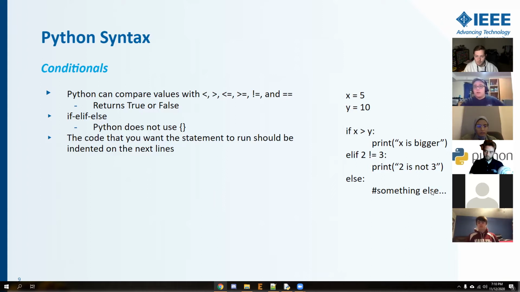If you look on the right here, you can say if x equals y, x is greater than y, excuse me. It's pretty plain how Python does this. You say if, some conditional, and then you have the colon there. And then the block of code that you want the if statement to run starts on the next line and is indented once. Python makes heavy use of indentation,